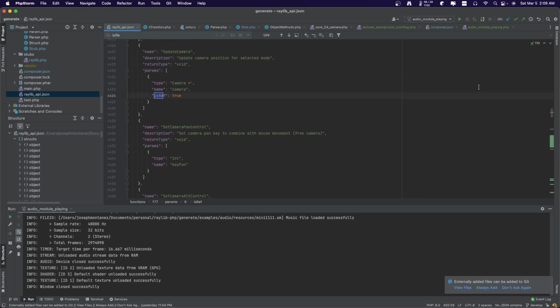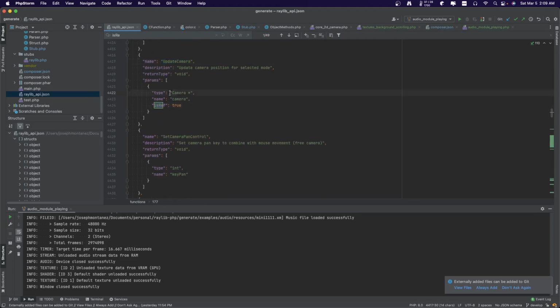Isref. There you go. So like camera here, you're going to update the camera asterisk. It's not an array of cameras, it's a reference, so you pass it in. It's a very different setup in the way that I set up the C code for that. And then the last one,